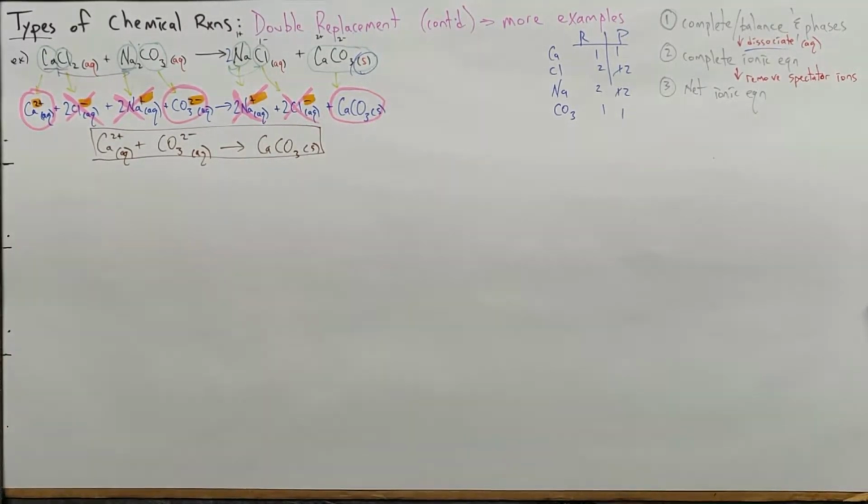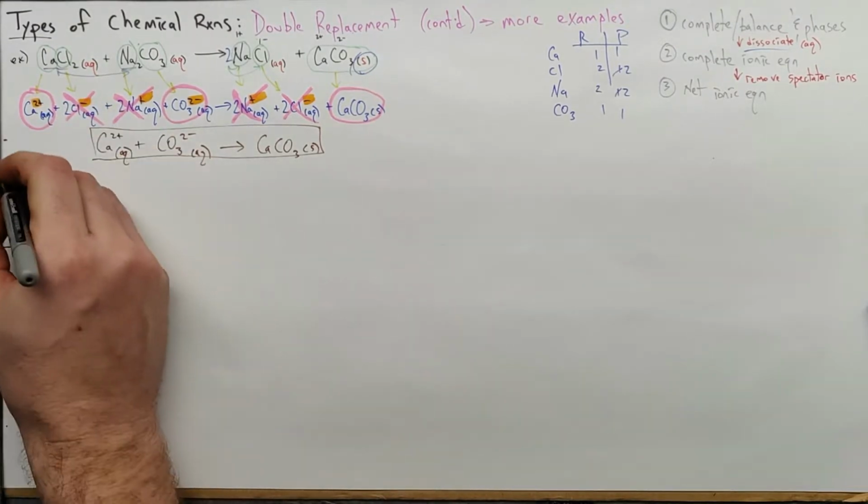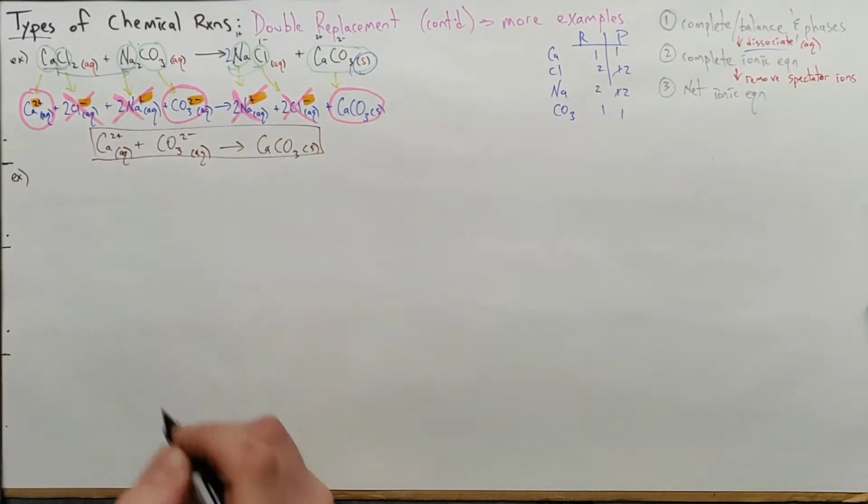So there's a typical type of double replacement reaction. There's no change in oxidation states. It's not redox, so it is different from our 4 other reaction types, which are all oxidation reduction variations. This is different, okay? Our next example is going to be a variation, and a kind of important variation of